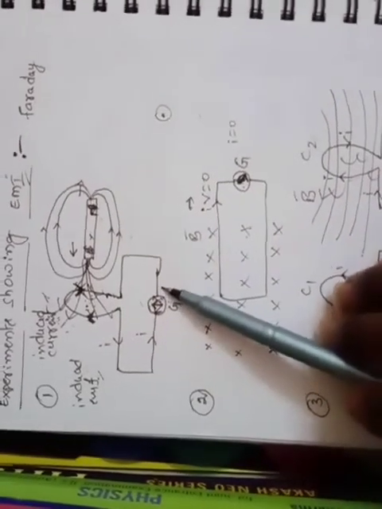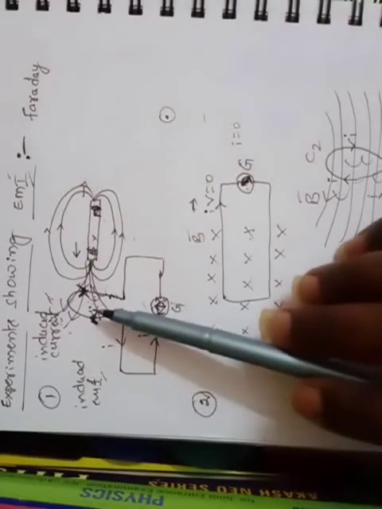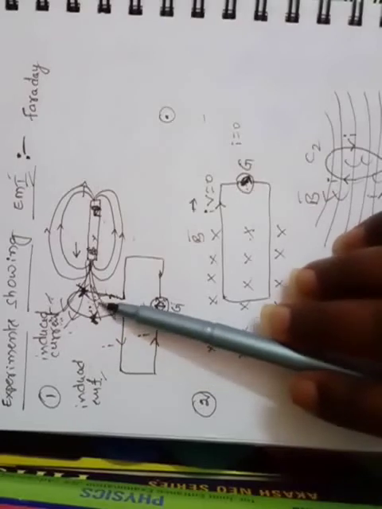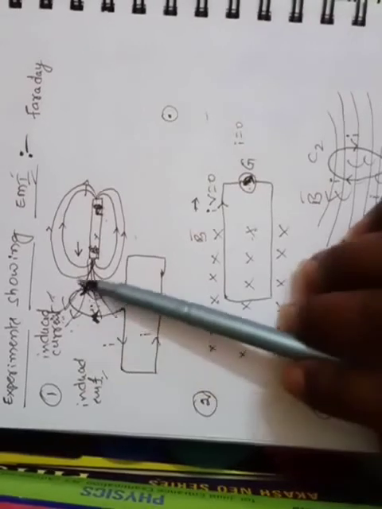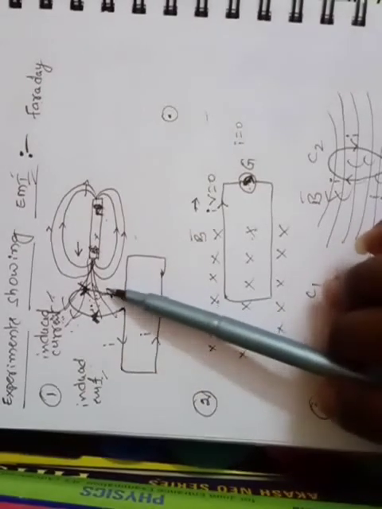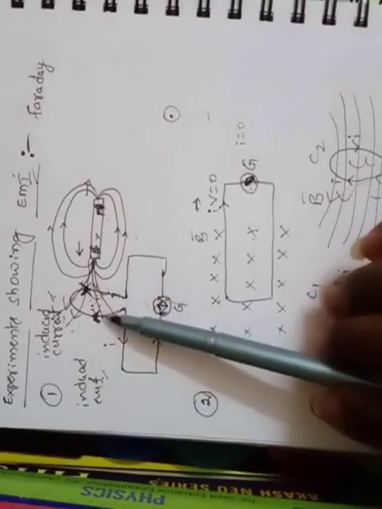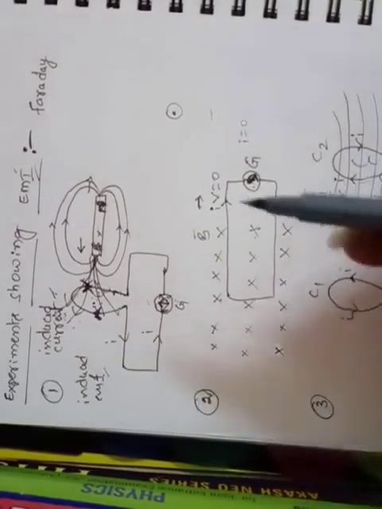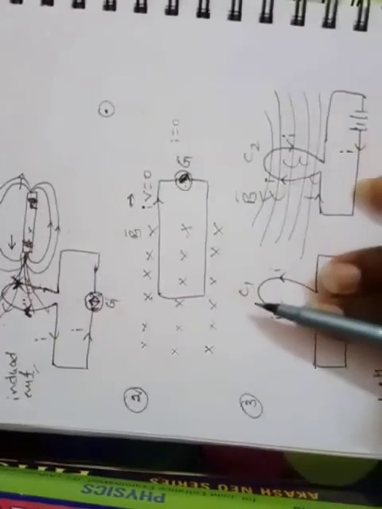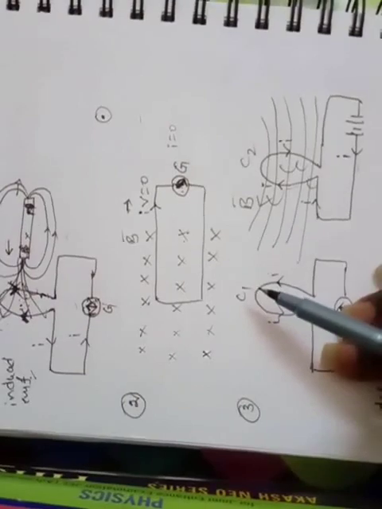Next, what is the second conclusion? The deflection in the galvanometer is more if the number of turns in the coil is more. Next, the third point: the deflection in the galvanometer is more if the core is made up of ferromagnetic material. Next, the fourth conclusion: there must be a change in the magnetic flux, only then is induced current produced in this coil. So these are the important conclusions from all of Michael Faraday's experiments. In the next video we'll see what the laws of EMI are.